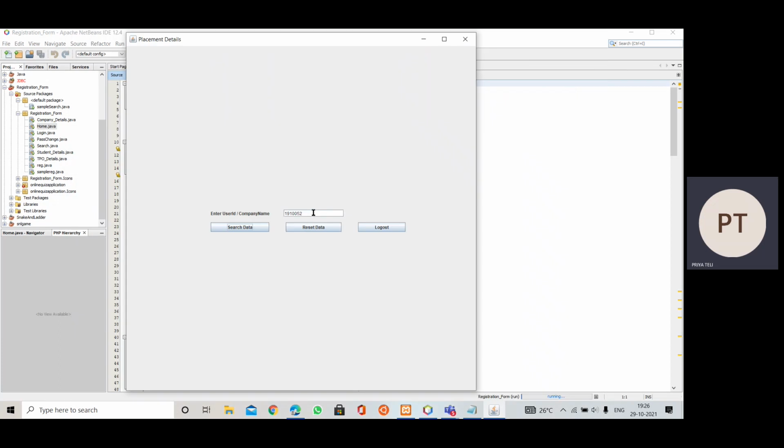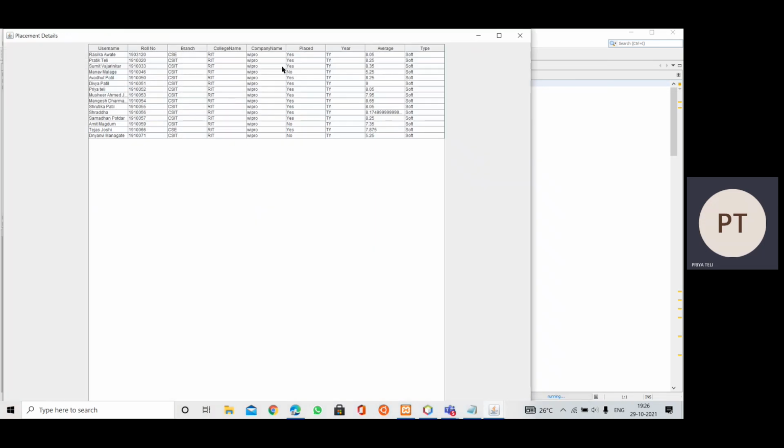Else if we put here any company name, say Wipro, then it will show how many students are applicable or eligible to the Wipro company from a particular college or particular branch, and also it shows the average of average CGPA of the 4 years and also the branch type, and it will show particular type students only as per the required branches for that company.